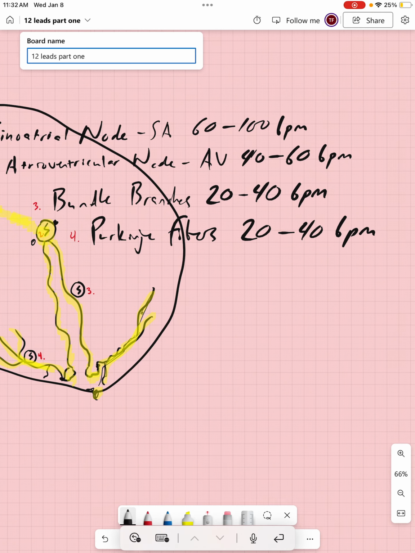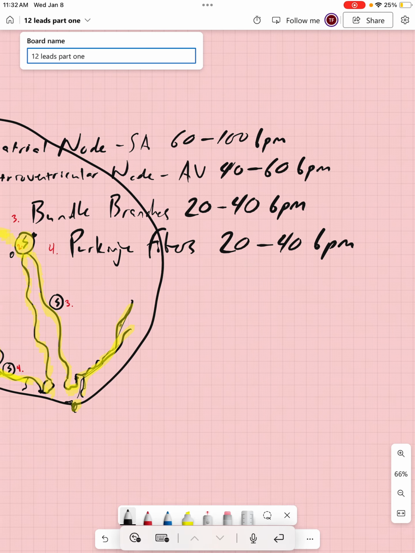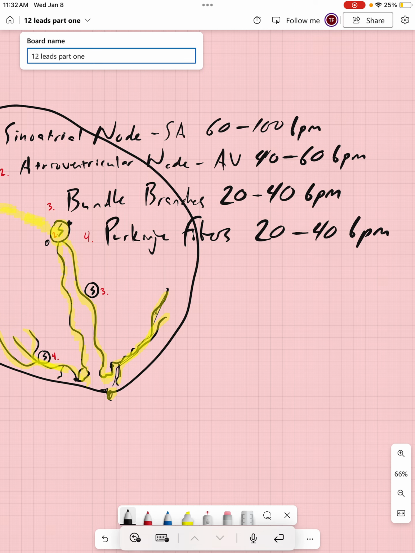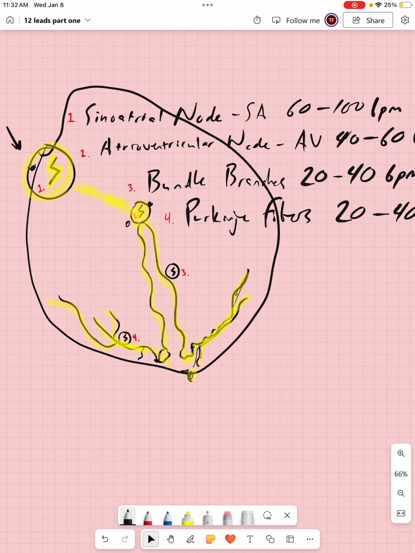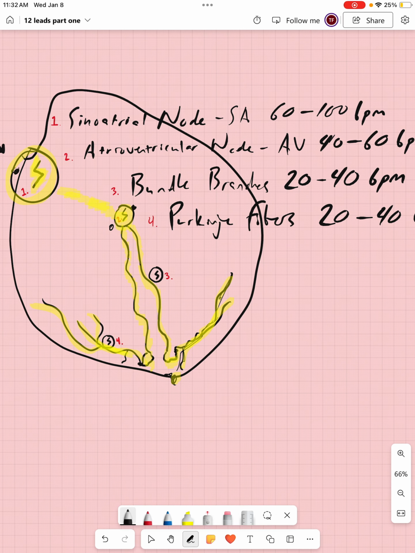capable as our bundle branches, 20 to 40 beats per minute. So again, why is this important? This is important and pertinent to me because if I see a patient with a heart rate of 30, there is a strong possibility that their electrical stimuli are not being initiated and conducted by our SA node or our AV node, and it's probably in one of our bundle branches, which is not normal, and that might mean we